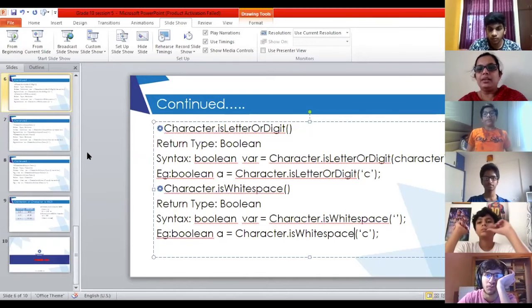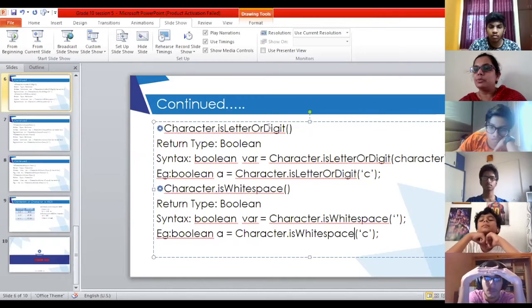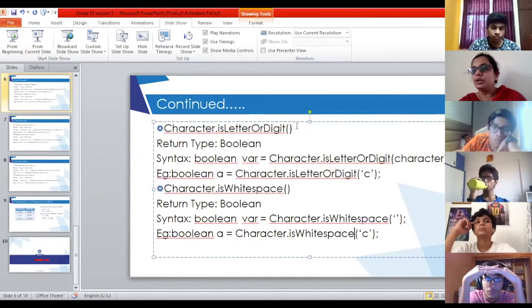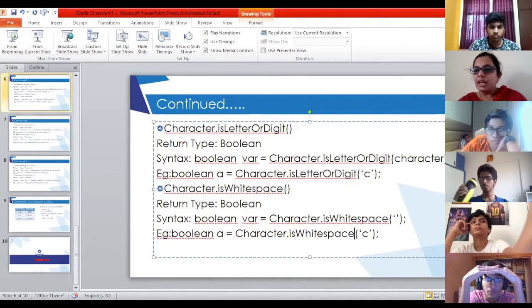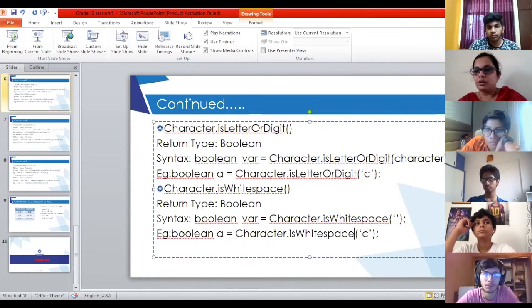Like here, the L of Letter, the O of Or, and the D of Digit have to be written in capital, because this is the name of the function. You are not supposed to change the naming convention of any function. If you write a small o or small d there, it will return an error and your function will not get executed. So please be very careful while writing these things in your program.